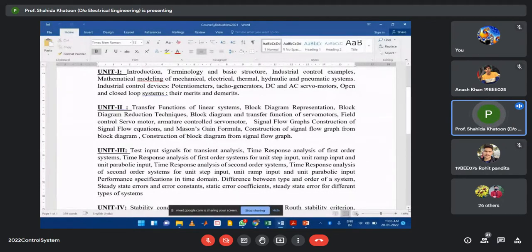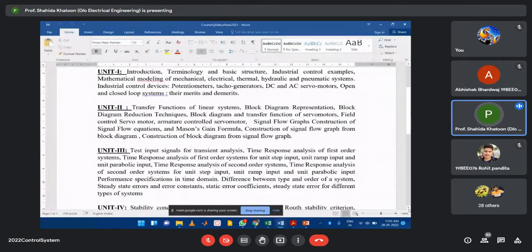And then we will study some aspects of potentiometer, which is an industrial control device, potentiometer, tachogenerator, DC and AC servo motor. And then another important topic in unit 1 is the open and closed loop system, their merits and demerits. Then in unit 2 we'll study about transfer function of linear systems, then block diagram representation, block diagram reduction